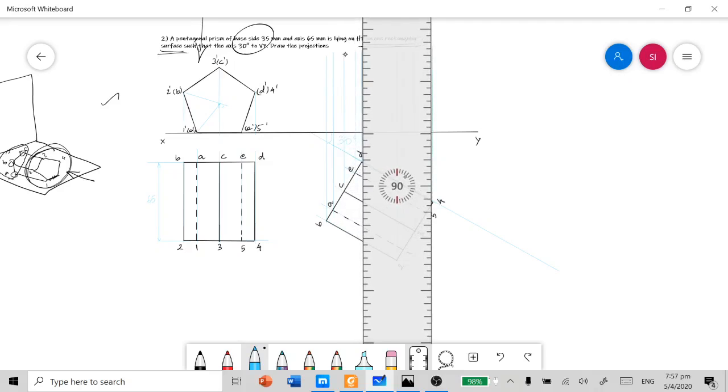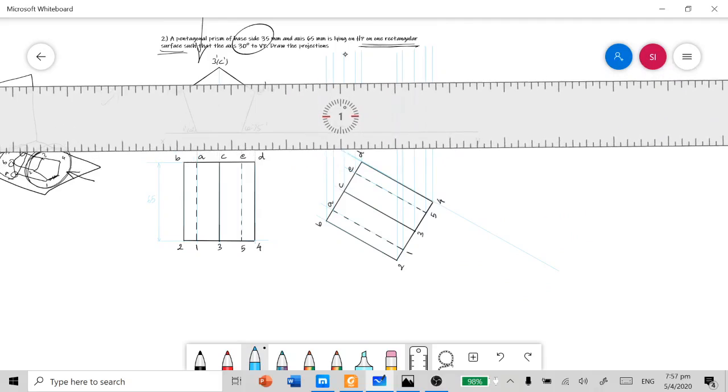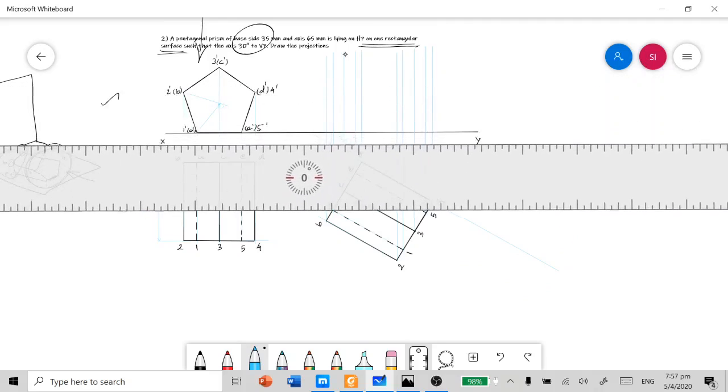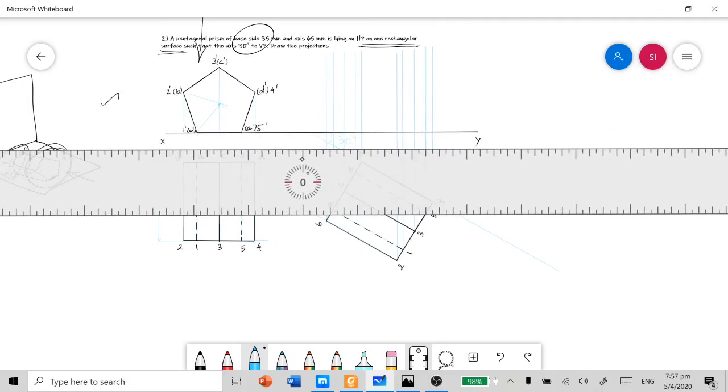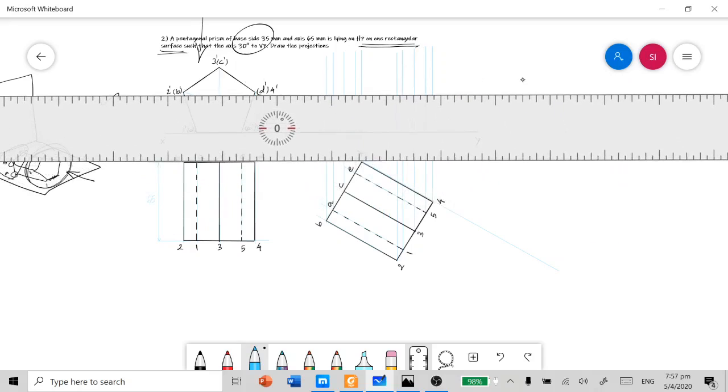And from the previous front view also, the projectors for the points 1 dash, A dash, E dash, Y dash will come along with the XY line, and for the rest of the corners we need to project.